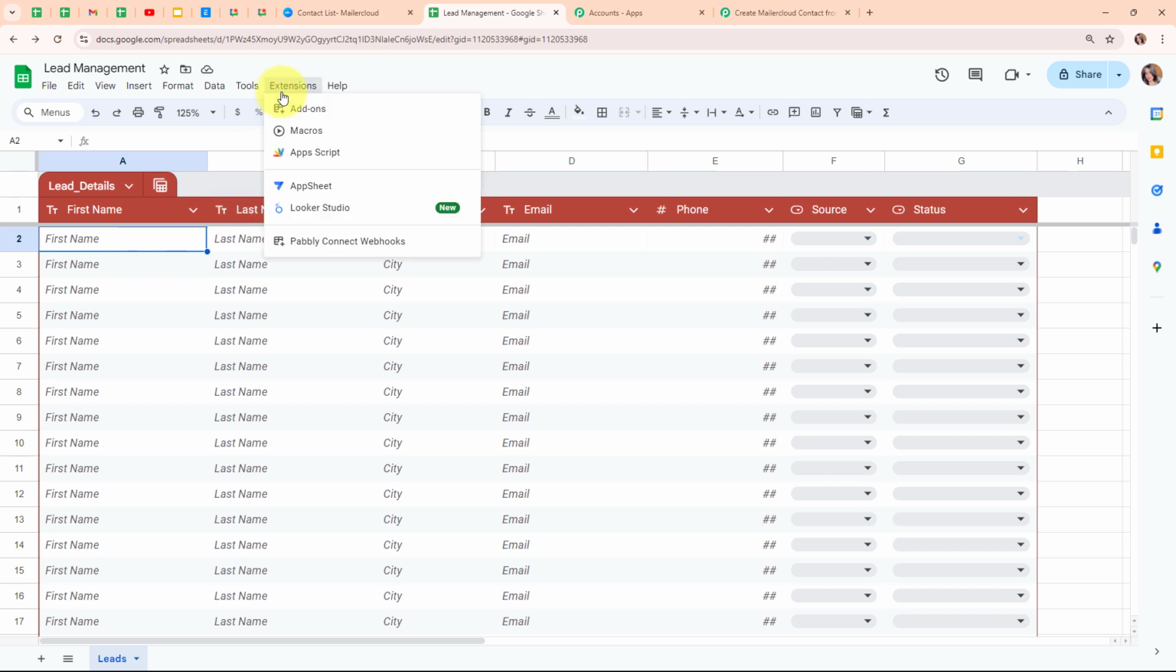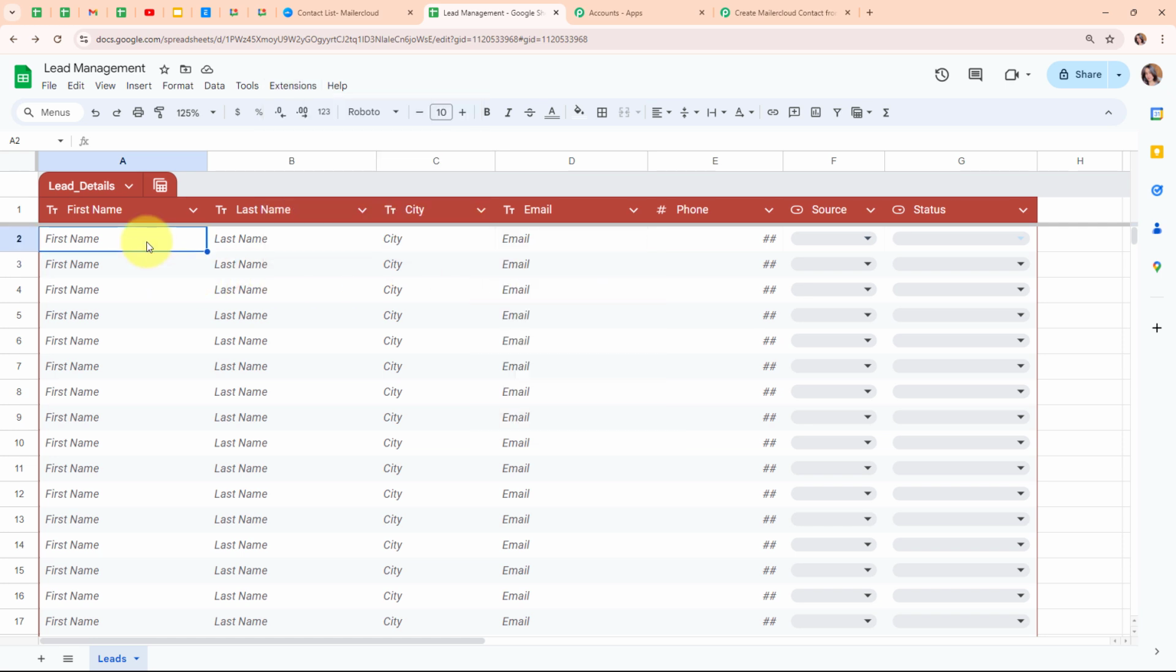Now let's go and check it. And here you can see we have received a tick in front of send on event. That means we have successfully turned it on. Now what I'm going to do is enter a dummy data and do a test